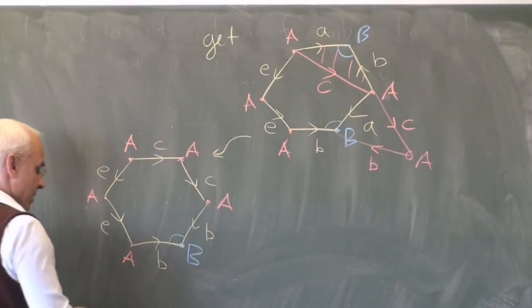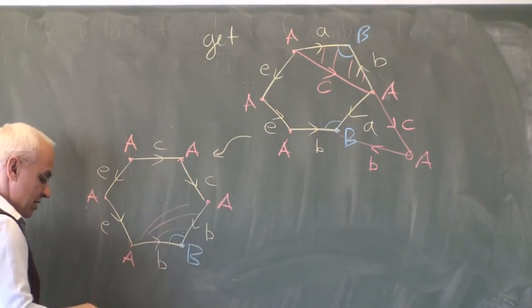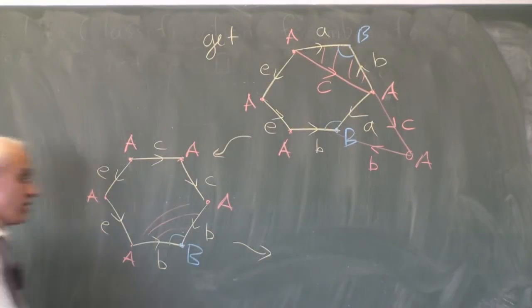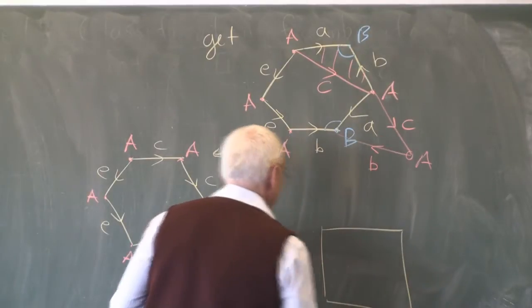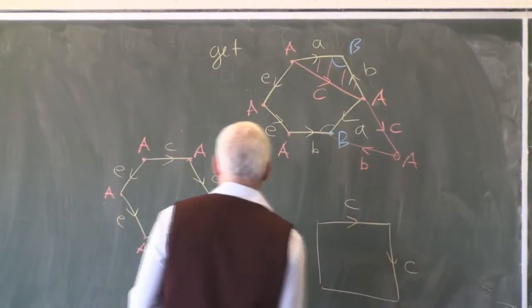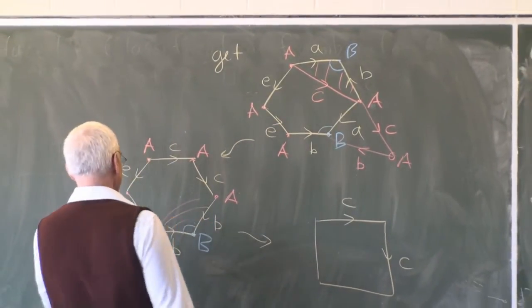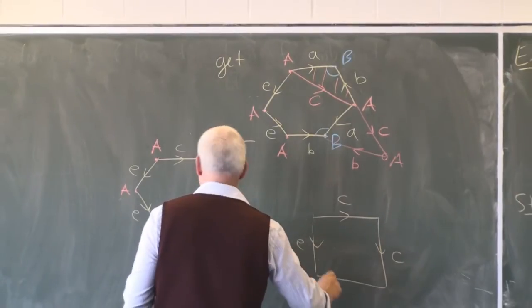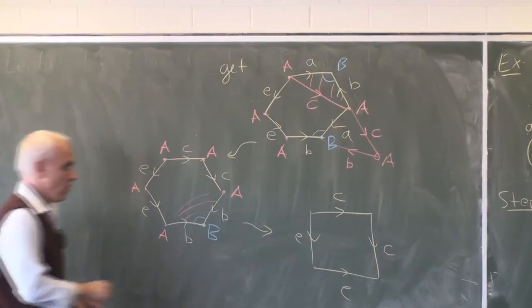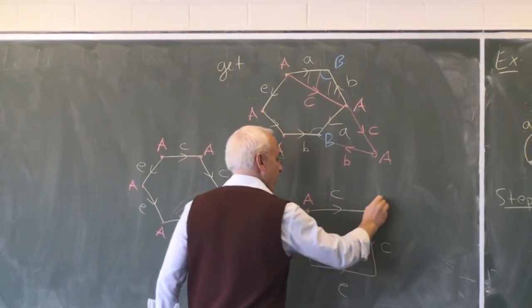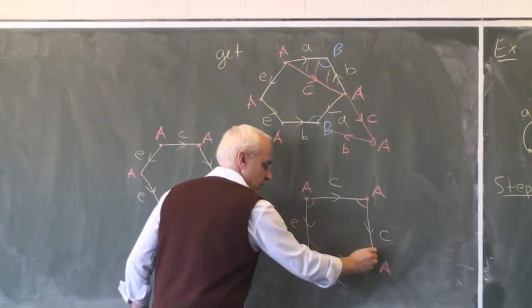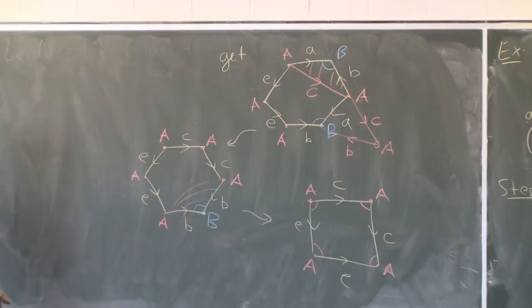All right, so let's do that. Let's collapse those edges. And now we'll only have 4 edges, so I'll draw it as a square. Now we have C, C, those B's are eliminated, and E, and E. And now all the vertices are of type A. If you walk around, you'll see you have to go past all 4.